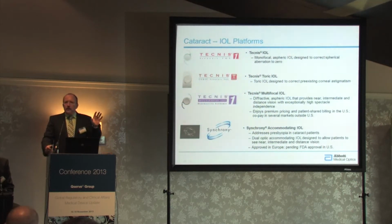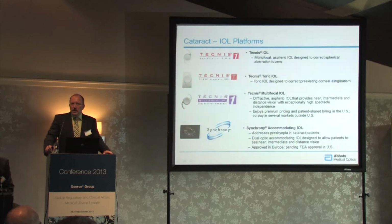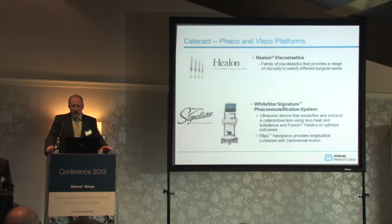So in addition to monofocal IOLs that give you sharp vision in the distance, you also have multifocal IOLs that work like those glasses that have different sharp vision points, so you can get rid of your reading glasses with them as well. We even have accommodating IOLs. These are